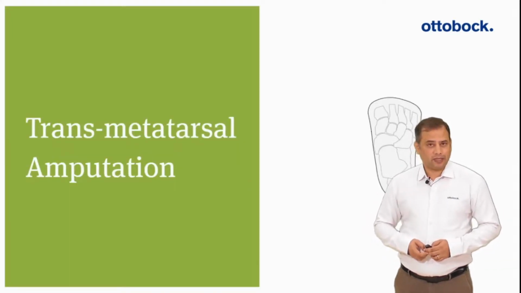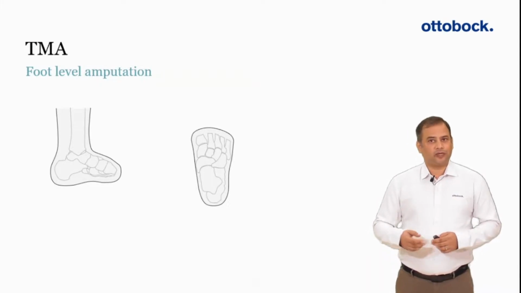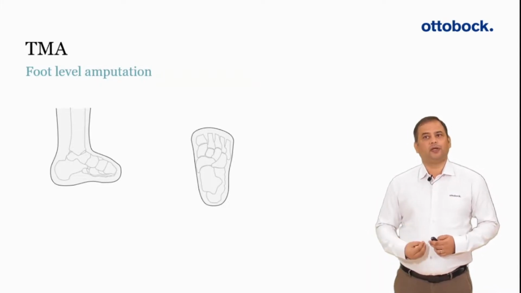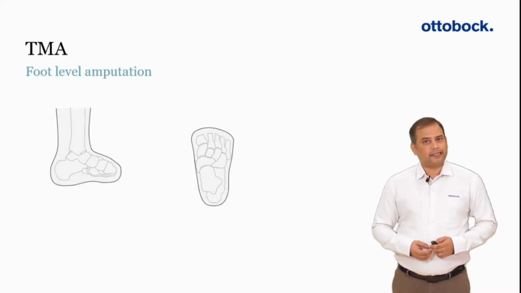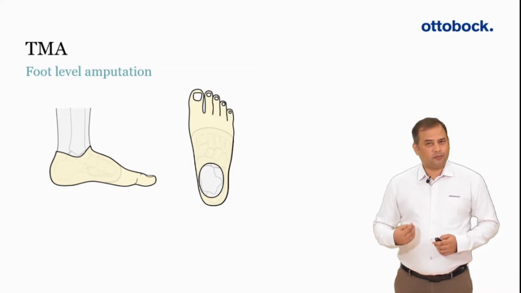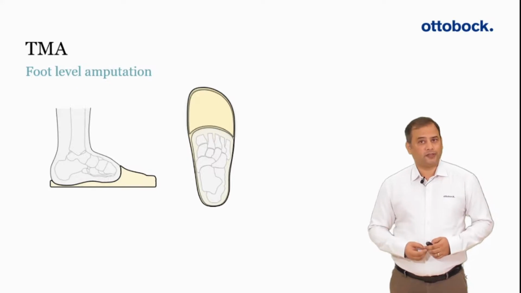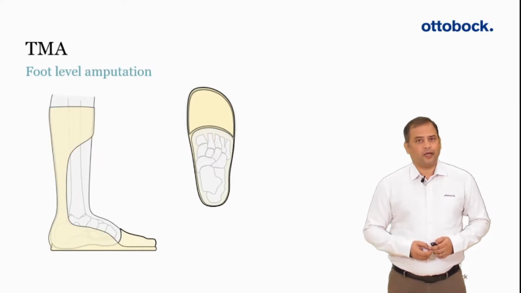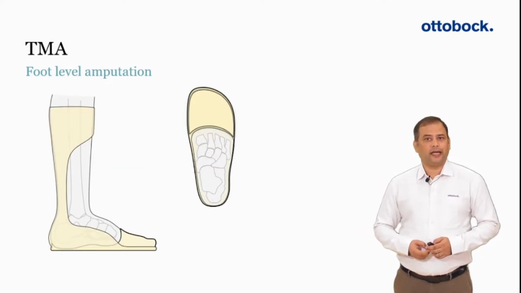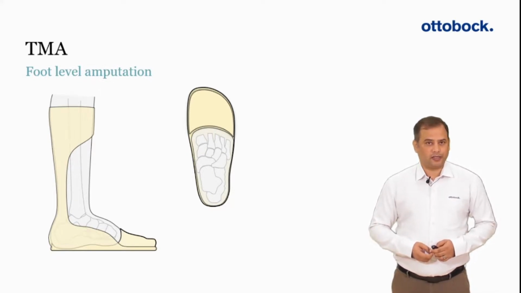Next is the transmetatarsal level. It is one of the amputations at foot level that produces a relatively more durable residual limb. There are three types of solution for this level. First is the custom-made silicone partial foot. Second is the insole with filler. This solution is always used with a diabetic shoe. And the last option is a lightweight ankle foot orthosis where the insole with filler is incorporated. This solution is particularly useful in cases where additional ankle stability is needed.